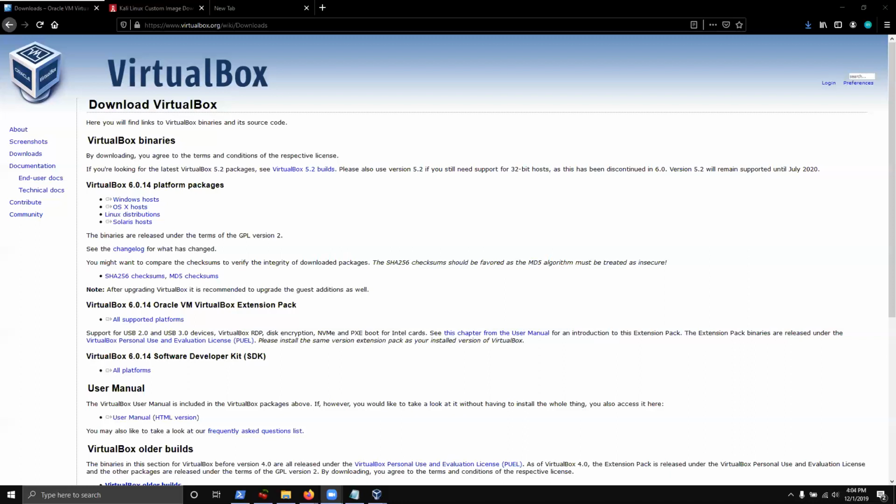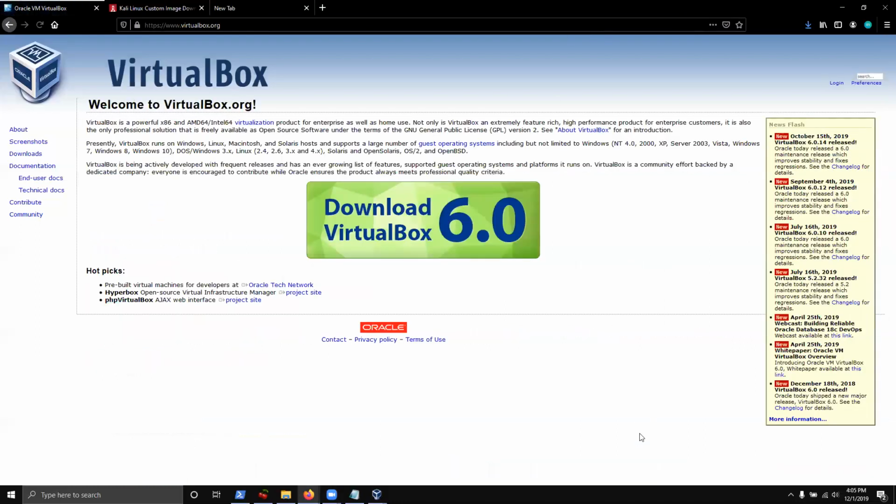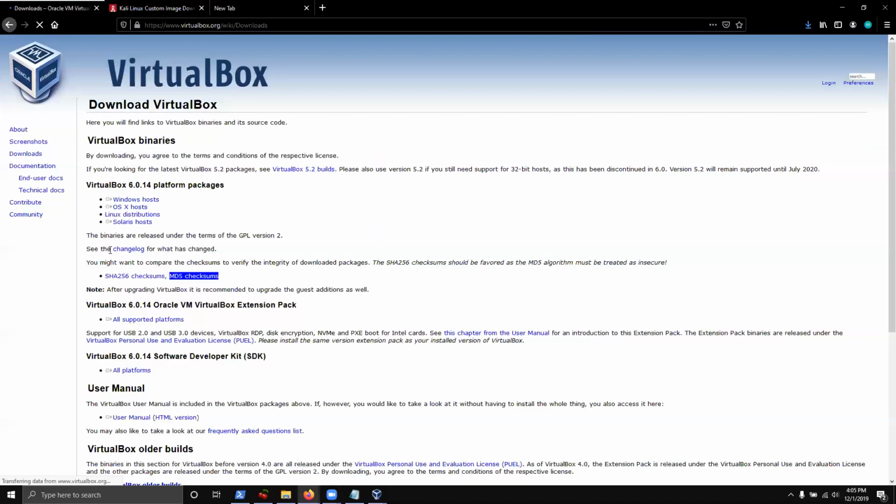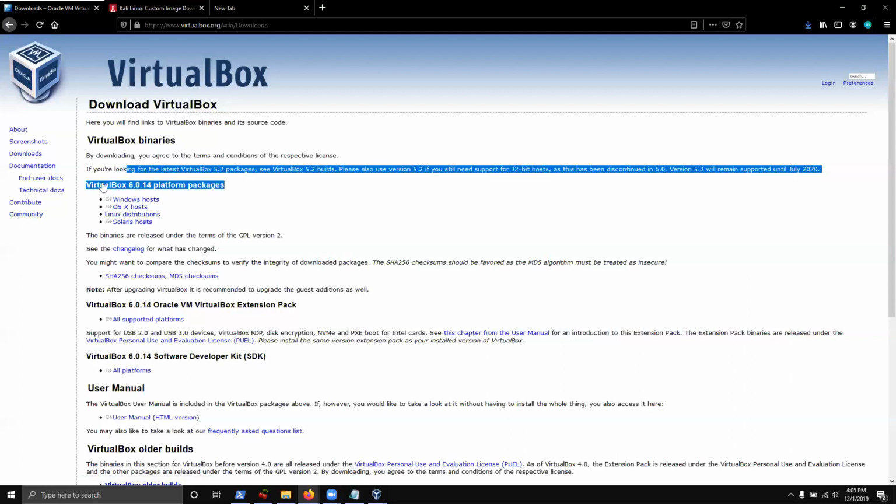Now, for VirtualBox, head on over to virtualbox.org. If you move on over to virtualbox.org, you'll be presented with this page right here. Just go ahead and download VirtualBox. Now, I have a suspicion that most of you guys are using Windows. Some of you might be using OS X, but just go ahead and download whichever platform conforms with your